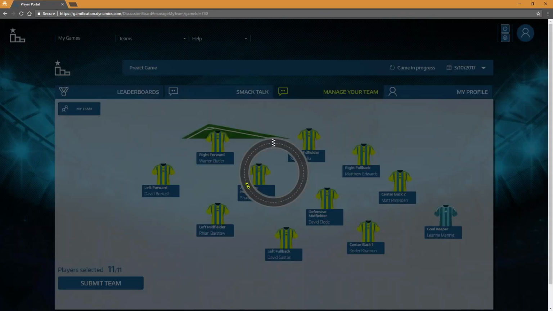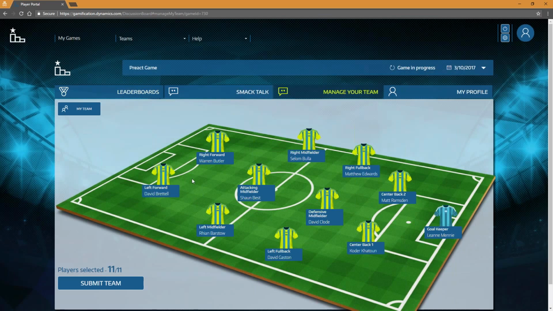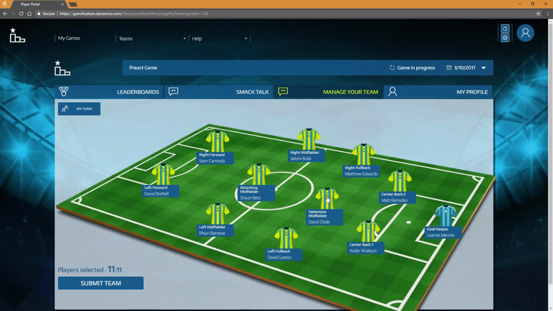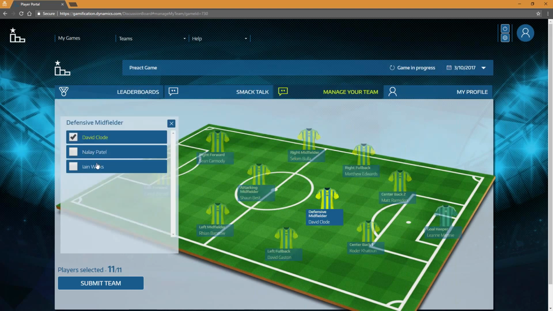So go to manage my team, and we can see for this particular user, this is their pick of the team. Now, for example, if I wanted to swap out in this position, no, I can't do that. If I want to swap out Warren, I'm sorry, Warren, you're going to have to go. I'm going to switch Warren for Sean. And I'm also going to switch David Clode for Ian, and I'm also going to switch Coda for Kyle.